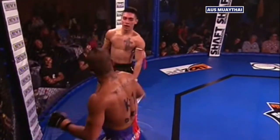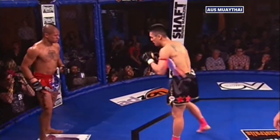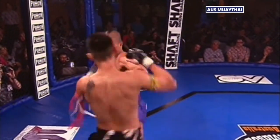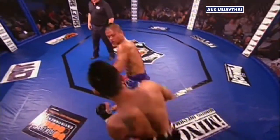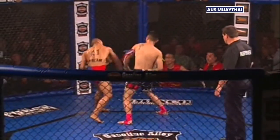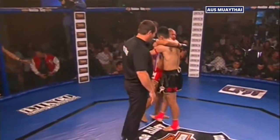Hasse eager to get it on. He needs the big shot. Concha with a solid work rate will be ahead on the scorecards thus far. Biting down on the mouthpieces. Hasse knows he has to try and produce something special, anything special will do. That left eye of Hasse's met the right hand a number of times like that. Come on, Bryan. Nice work from both guys who are standing there toe-to-toe, going blow for blow